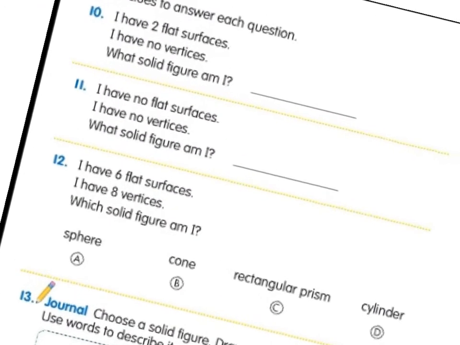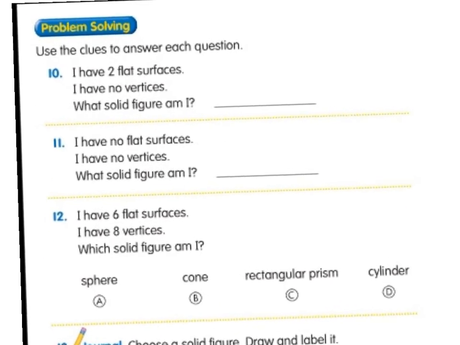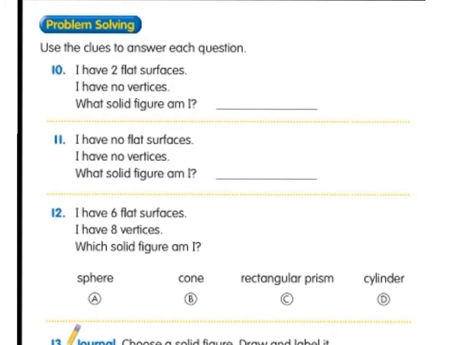Okay, on the back, let's get started on number 10. They're giving you clues, and you have to guess which kind of solid figure this is. So number 10 says, I have two flat surfaces. I have no vertices. What is my shape, or what solid figure am I? So think about it. Two flat surfaces, no corners. So if you think about which ones those are,